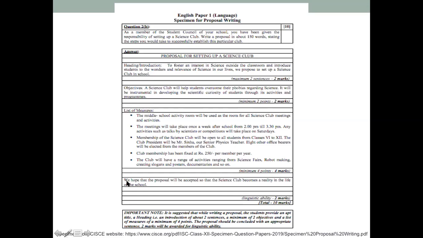And then you leave a line and write the concluding line there, which says, we hope that the proposal will be accepted so that the science club becomes a reality in the life of the school. And then you end your proposal. That is all that you need to do. And this is how you will be marked, 2, 2, 4, and 2 for your language. So that's the end of the proposal,